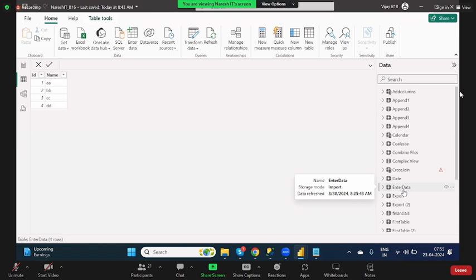But why is it throwing an error? Because in cross join, column names must be different. But here the column names are the same. Understand? So that's the reason it is throwing an error. In either of these tables, you have to change the column name. Then